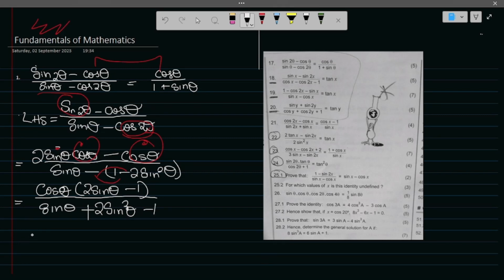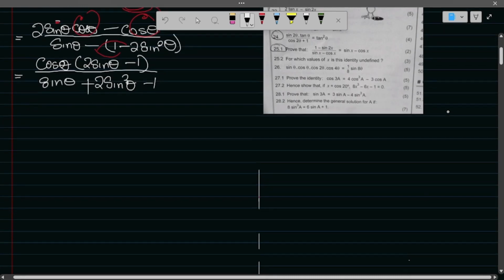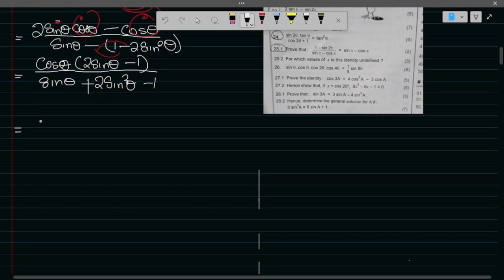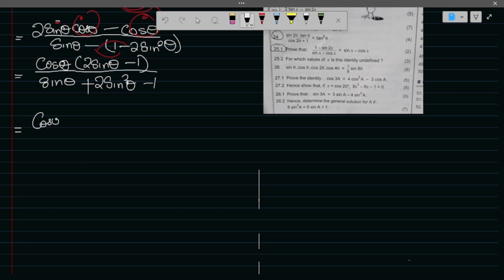All right, so let's write it in a nicely correct format. So we have cos theta over 2 cos theta multiplied by 2 sine theta minus 1, right? This is all over